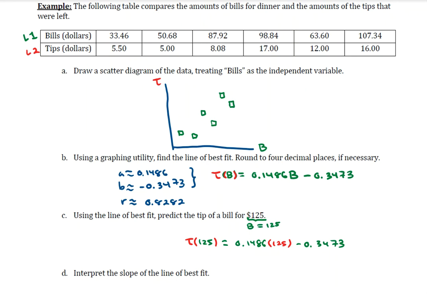And this should give you roughly 18.23, meaning that according to the line of best fit, somebody who has a dinner bill of $125 would likely be tipping $18.23. So that value is dictated by our line of best fit. All right, but 18.23 is our answer to part C, and we're going to move on to part D, where